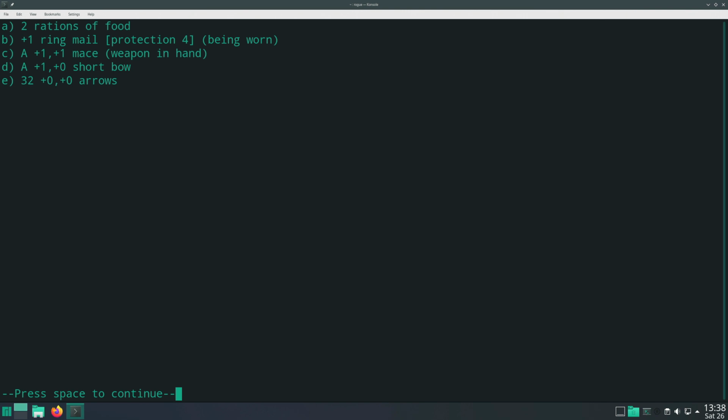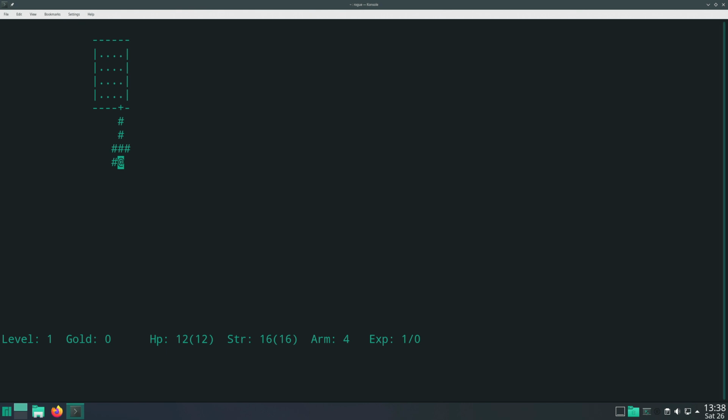You can find other things like that. So it's a multi-use functionality. So it's just throw. I don't know how many bows you can get. I think there is only the short bow in the game. There may be a crossbow if you're really lucky. It's a very simple game. It's always press space to continue type of thing. So there you go.